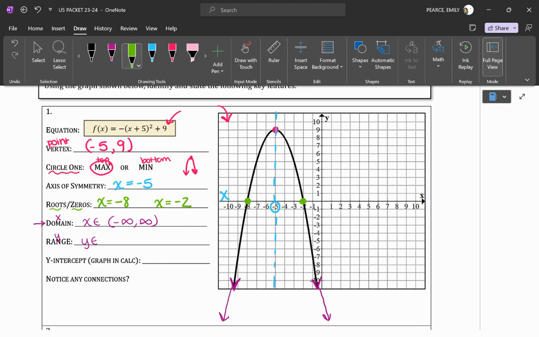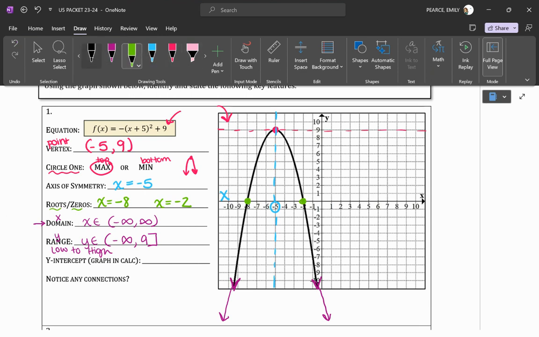However, with the y values, you'll notice that they stop, right? They have a maximum value. So the y values start at -infinity, low to high. And the highest point is our maximum, which is 9. And 9 is included, so it gets a square bracket. The y-intercept